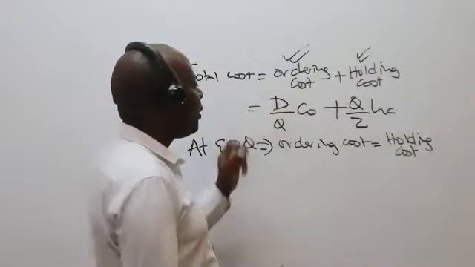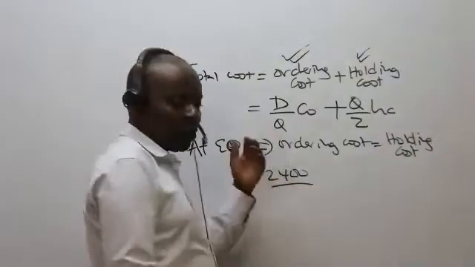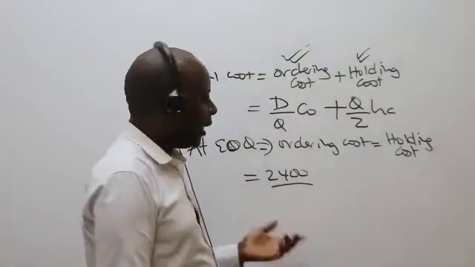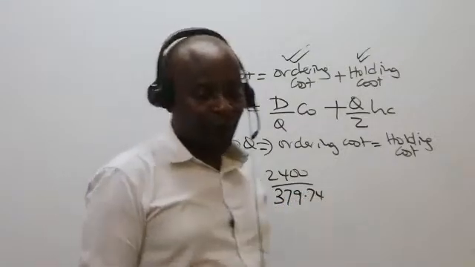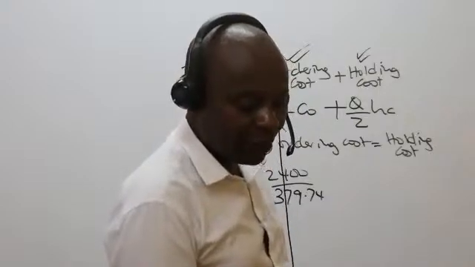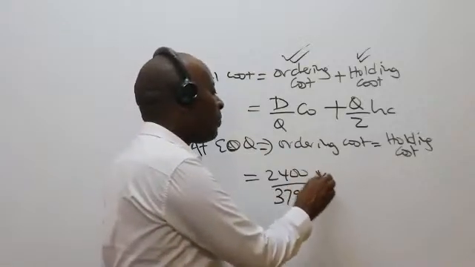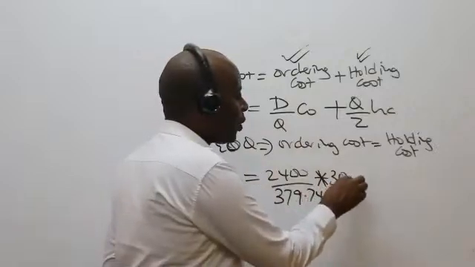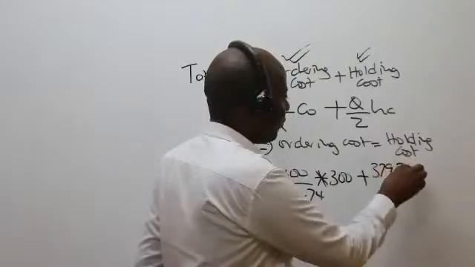So what is our annual demand? You had given me a figure of 2400, divided by Q. Q, of course, in this regard, is economic order quantity, and the economic order quantity you gave me was 379.74. Times cost per order, every time we place an order we incur how much? 300. Plus the same Q, 379.74, all over